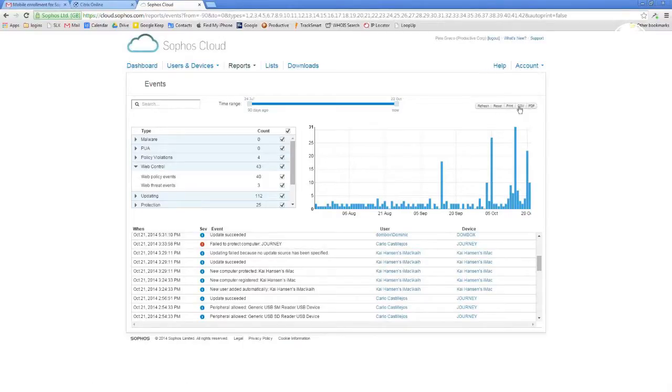I can export this information off if I'm really big into reports, right? I can export this off in a couple of different formats so that I can merge this in with maybe other environmental reports that I need to run or need to show to my boss or whatever. I also like this little slider here that allows me to customize my date range on when I want to see info.